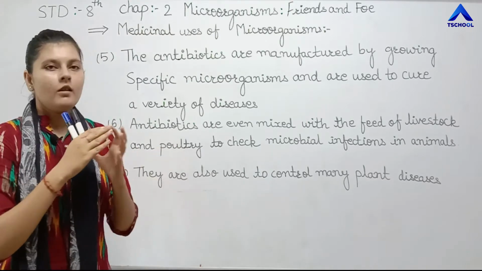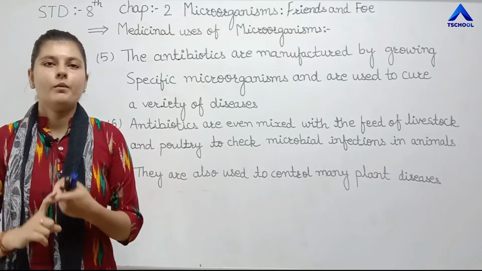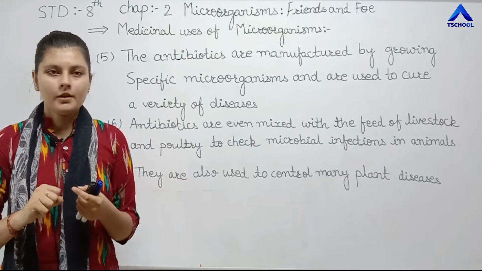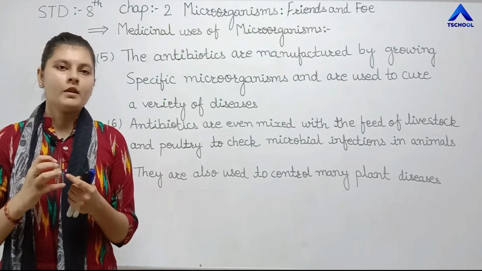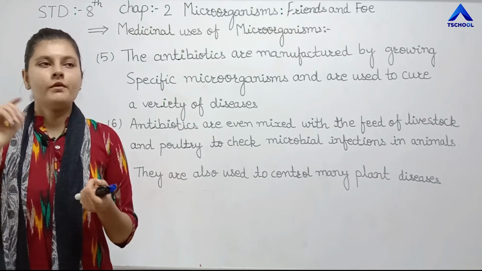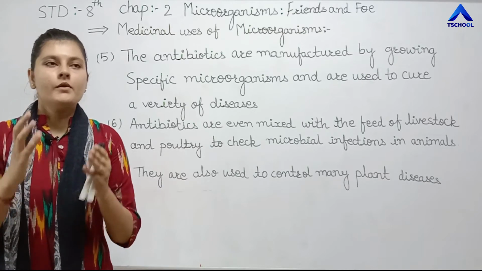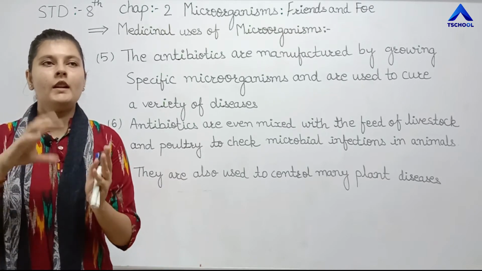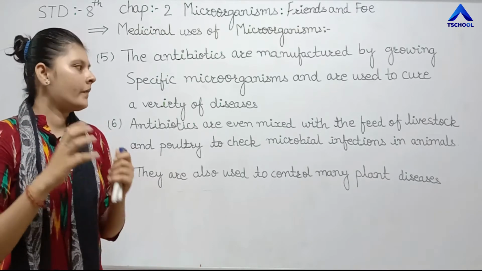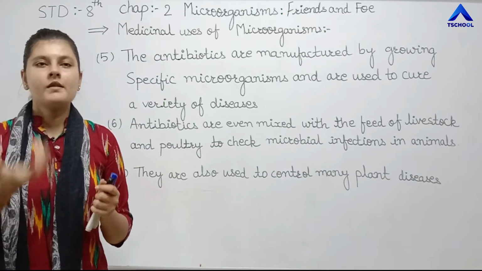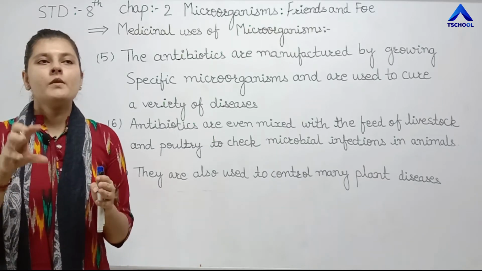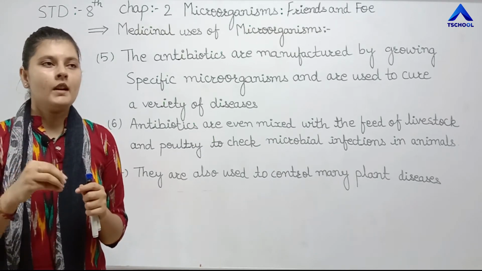Discussing all about antibiotics, first we discussed what antibiotics are, right? The medicines which stop the growth or kill the microorganisms are called antibiotics. Next, which was the first antibiotic and who discovered it? Penicillin was the first antibiotic and Alexander Fleming discovered it in 1928, right? Then which microorganism is there in that particular antibiotic? The fungus called Penicillium notatum was present in that antibiotic.